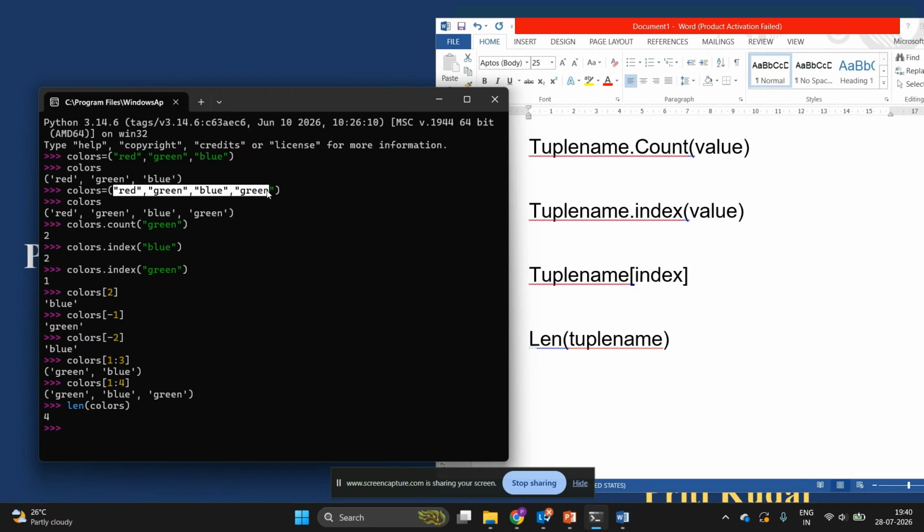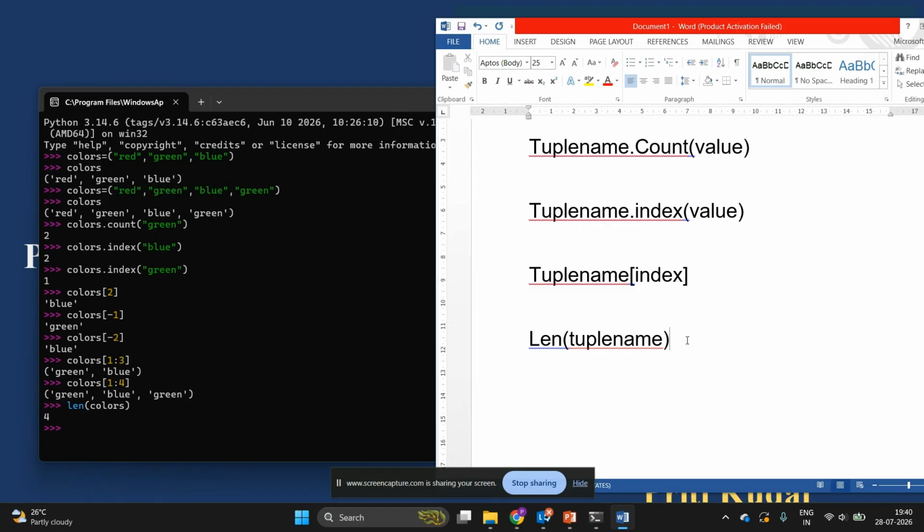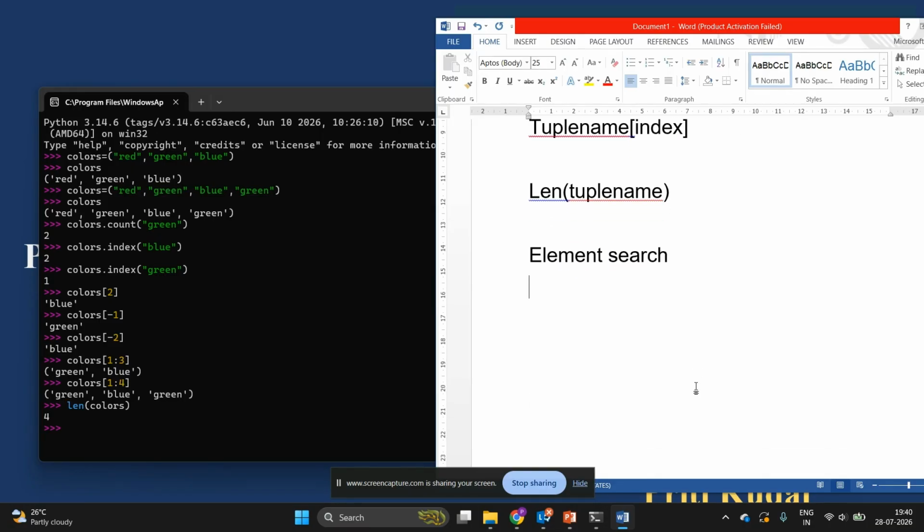1, 2, 3, 4. If I want to check or search whether a particular element or value is available in the tuple or not, with the result either true or false, that can be done with the membership operator, the in operator. How can this be used?